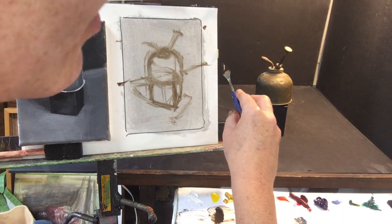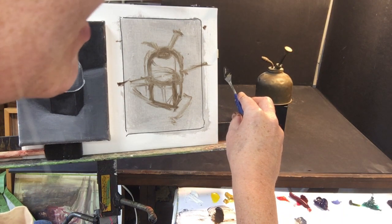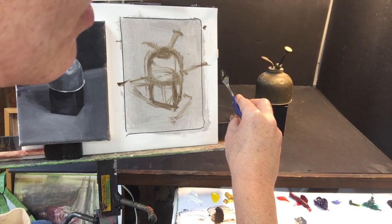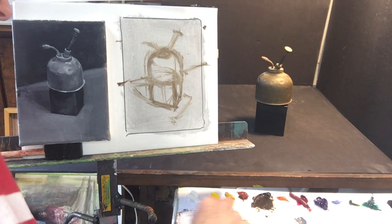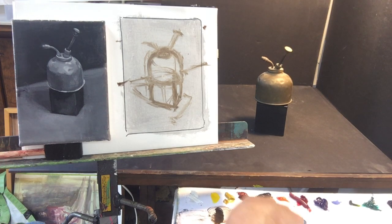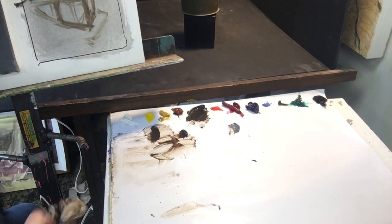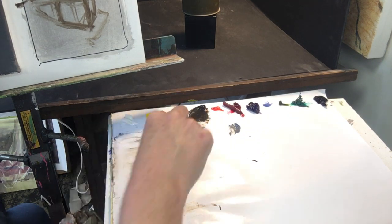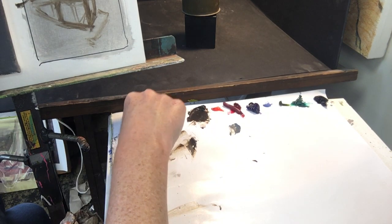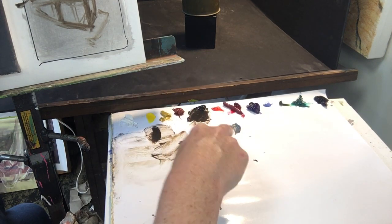Let's see what else I need to do. I need to look at it. I need to lighten it, and I need to warm it up a good bit. So how could I accomplish that? Let's see. I'll look at my palette while I do this. So this is the color I have. This is burnt umber. If I just lighten it, so if I just use white and add to it,